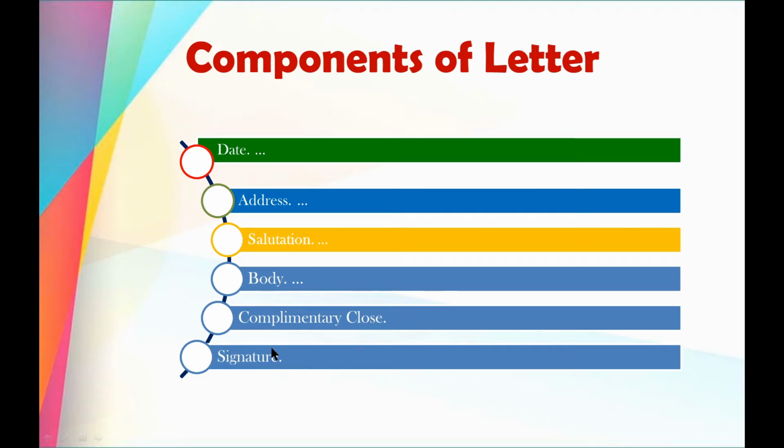And if we talk about address, in examination you have to use the examination hall. Otherwise, if you are writing the letter practically, you have to write the address of your home, from where you are writing the letter. And there is a postal box in which you send the letter. You have to mention the address of the person whom you are writing the letter to. So these are the most important components of a letter. You have to be very careful about all these components of a letter.